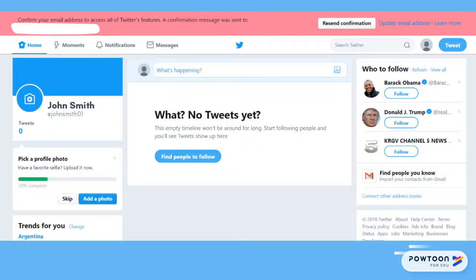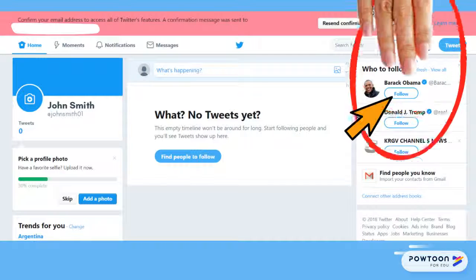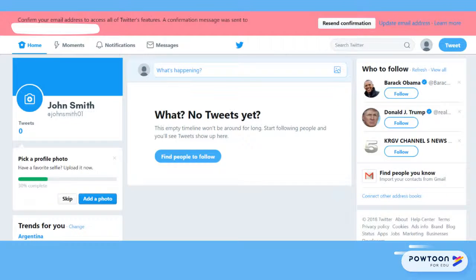Another way to follow users is to click the follow button on the user listed on the Who to Follow section. These are the users Twitter recommends based on the top searches on Twitter, your interests, followers, users you are following, and your demographics. Before I follow anyone from this section, I like to take the time to look at